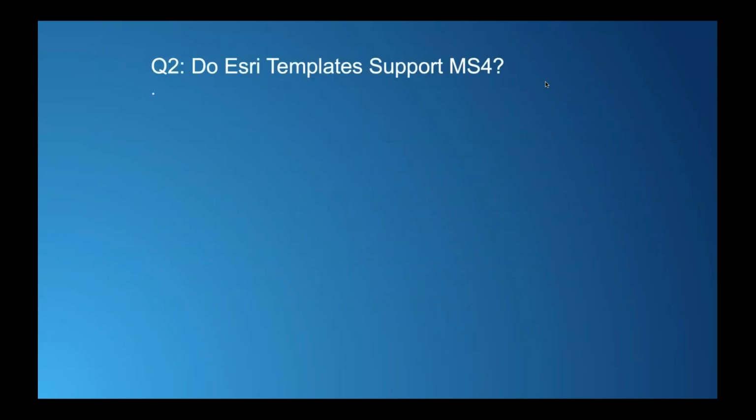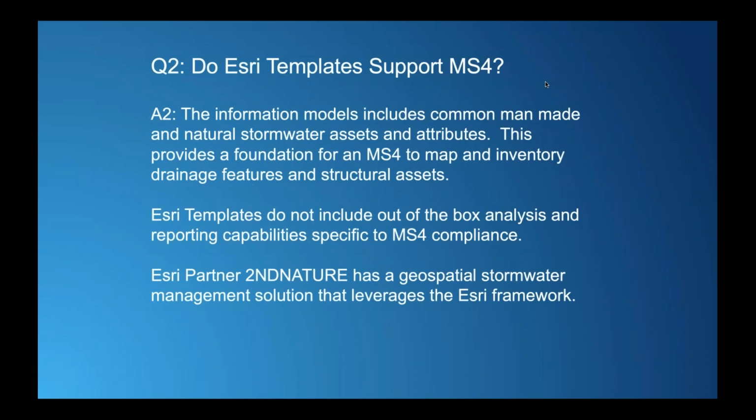So to answer the other question that we started the webcast with, the other question that our team is asked all the time, do Esri templates support MS4? So all those templates we showed you and the information models contained within them, do they support MS4? Well, the answer is those information models include common man-made and natural stormwater assets and attributes. So you saw Mike showing ponds, right? Green infrastructure, gray infrastructure in his demonstrations. Those assets really provide that foundation for an MS4 to map and inventory the drainage features and structural assets contained